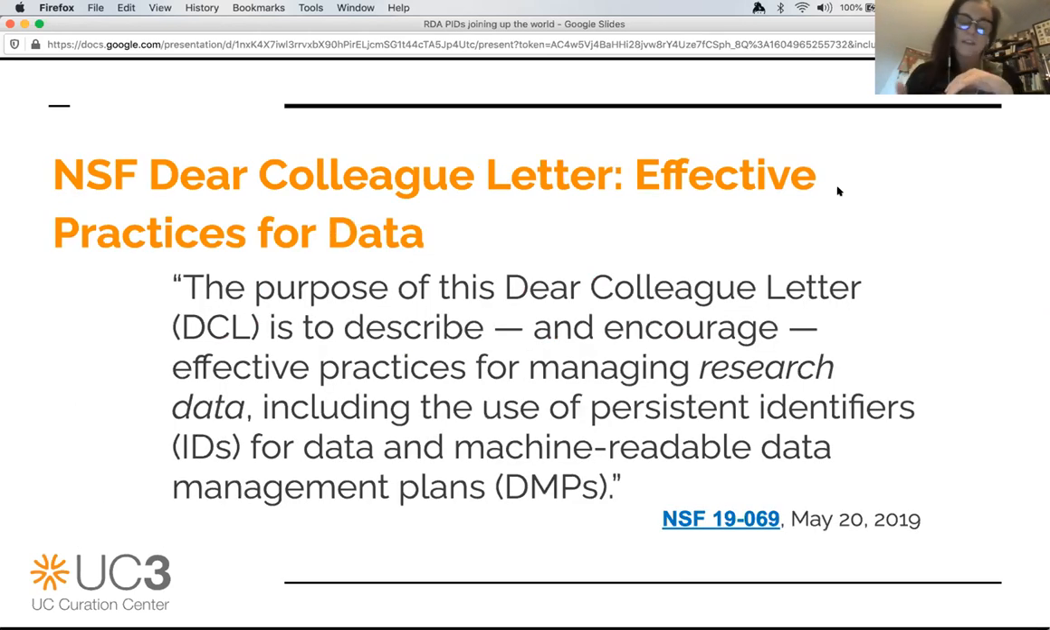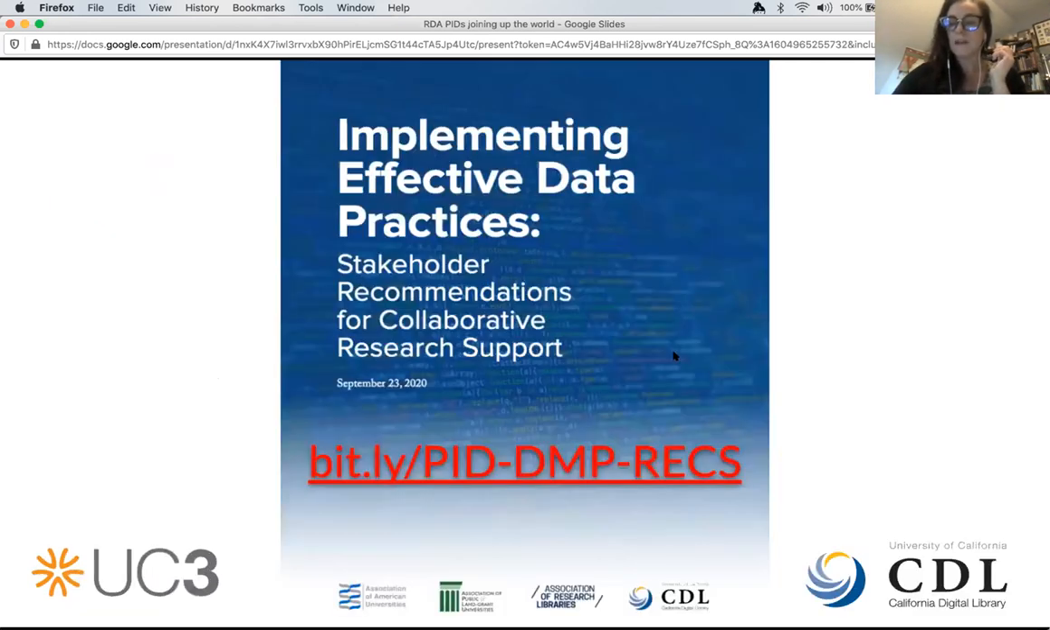So recently, well, not that recently, May of 2019, NSF came out with a Dear Colleague letter about effective practices for data. And this was really important in this space for 2 reasons. First, it encouraged practices for researchers to include the use of persistent identifiers for data and to use machine readable data management plans. So out of that announcement by NSF, we were given another NSF grant with some other large